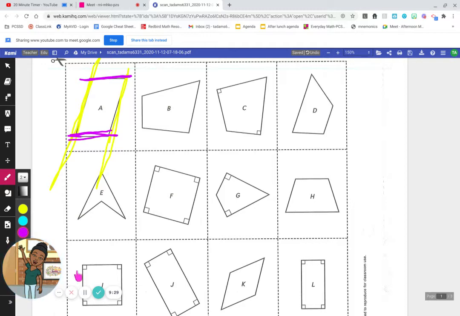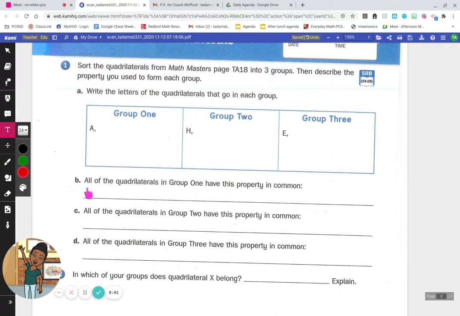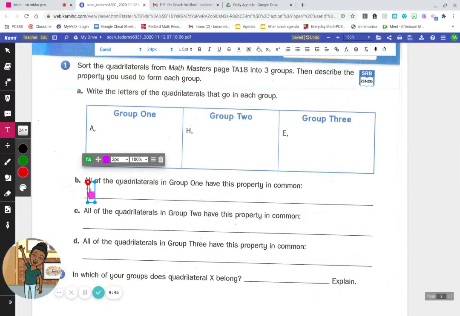Pair 1 is in yellow. The second pair is in purple. This quadrilateral has 2 pairs of parallel sides. They're parallel because they will never, ever meet. Back to our assignment. On this line, because we know that this quadrilateral falls into group 1, we know